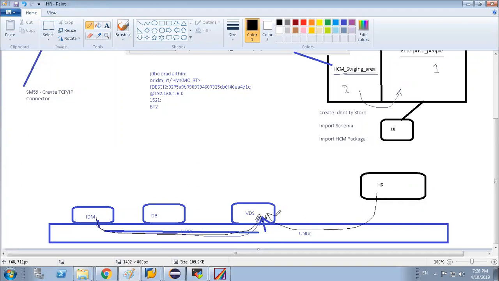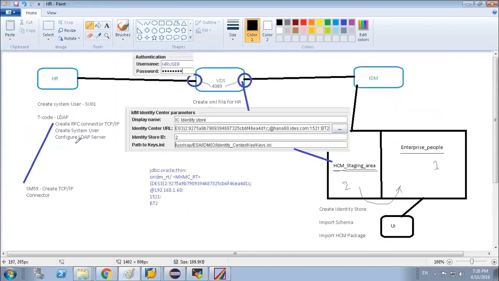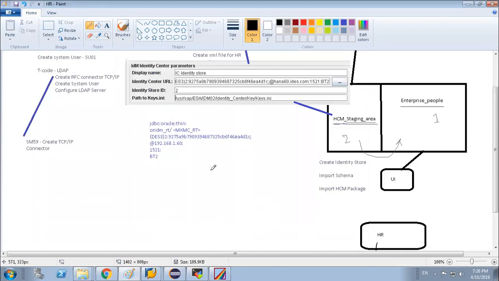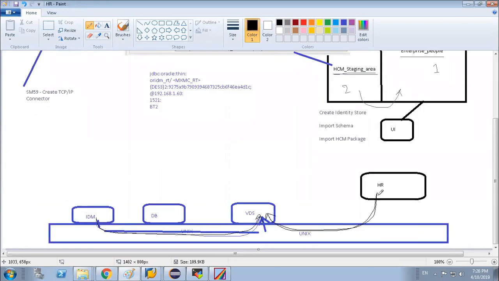So whatever information we have to provide in the HR area should be your Unix information, because if we have to connect to VDS, you have to give the Unix path.